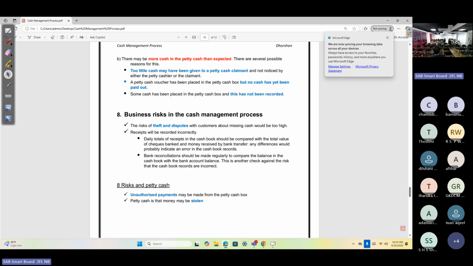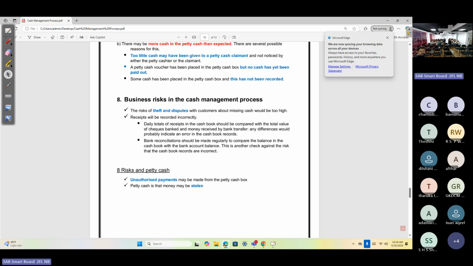But unidentified differences, unidentified balances, unidentified deposits. If you have too long unidentified differences, that is this. All businesses are having unidentified balance, unidentified deposits are there. You can't avoid. But those unidentified deposits must be reconciled and cleared at least once in 3 weeks. Too long outstanding unidentified deposits are not good for organization. Okay. So here receipts will be recorded incorrectly, and risk in